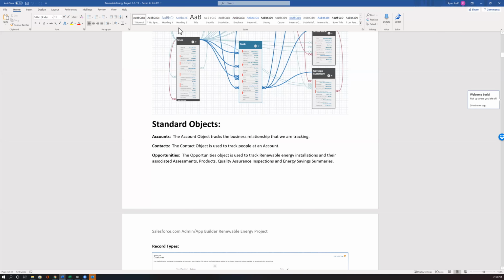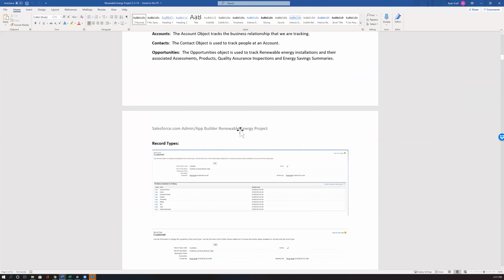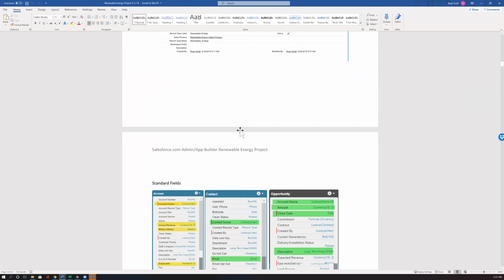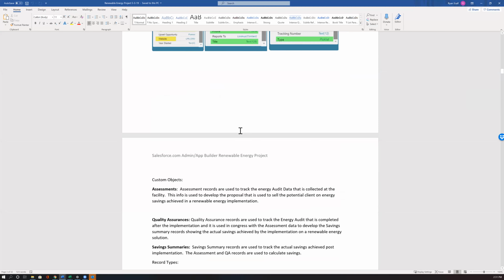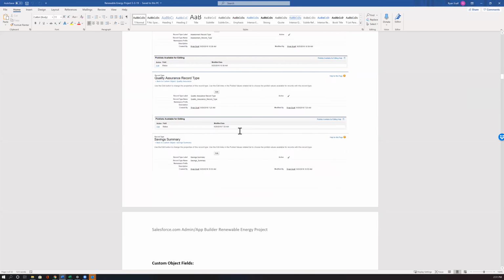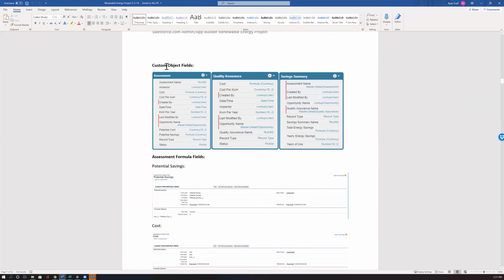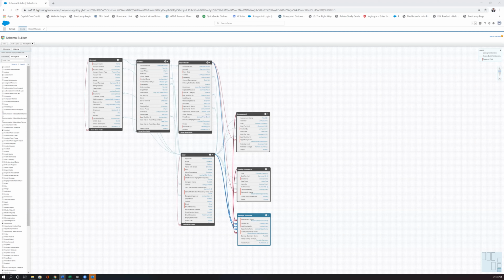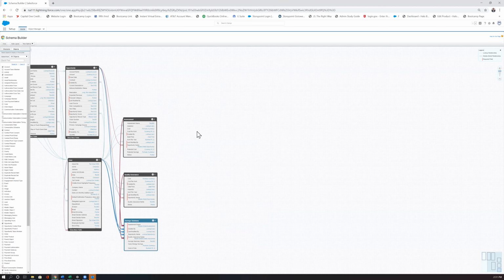I'm just going to go through and make sure that I have all of the fields listed for these objects here. So I'm going to pull this over and we'll go through them and make sure I have them. Let's see, do I have record types for these yet? I do not. Okay, so on the assessment object, I've got